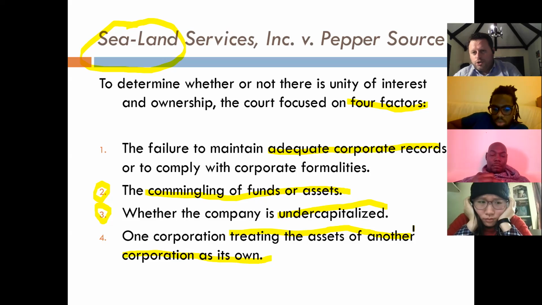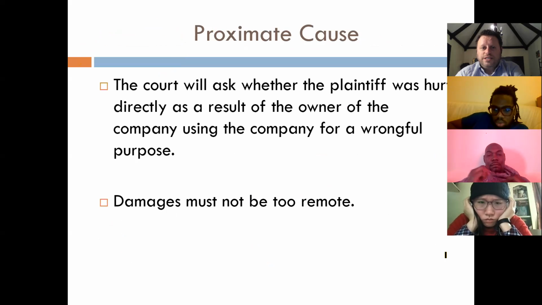And it looks like in our story that this guy, John, mixed money and was undercapitalized. We don't know if he did number 4. We don't know if he had many businesses that were all borrowing money from each other. We don't know. But we know there's some sort of unity. However, as was said before, they've been doing business for 2 years. So the second rule,